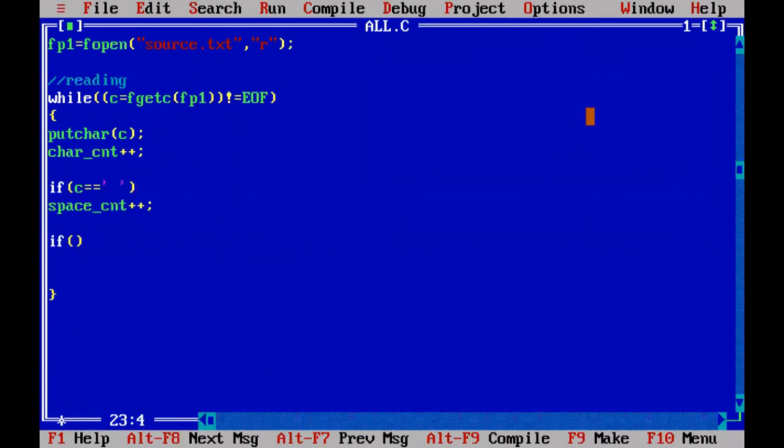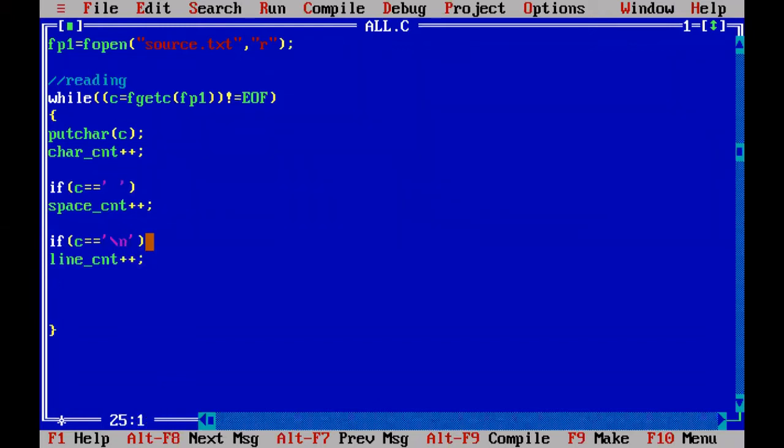To calculate how many new lines there are, you compare that character with a new line. How to represent a new line? \n. So whenever the character is equal to new line, you increment the line count, line hyphen cnt plus plus.